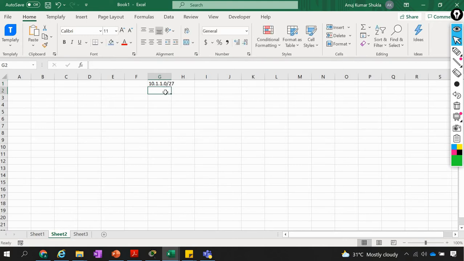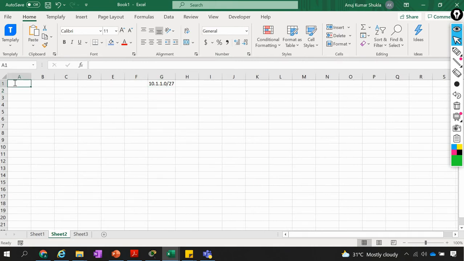In this pool, you will have an IP address starting from 10.1.1.0. The next IP address will be 10.1.1.1. Another one will be 10.1.1.2. Like that we can expand it, and that will go up to 255. So that will be a total of 256 IPs, going up to 255.